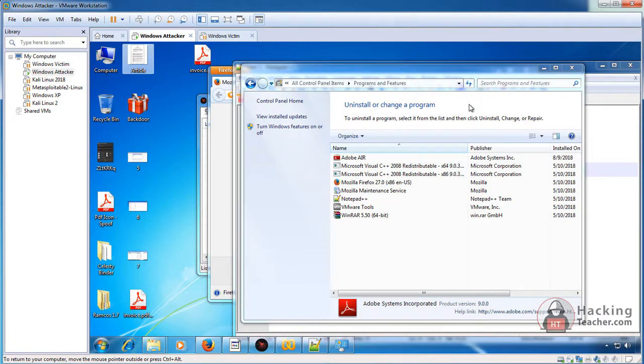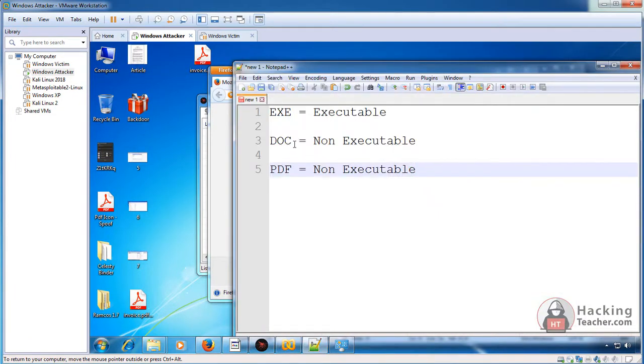It cannot open itself. That's the same case with every extension, whether it's a JPG, whether it's MP3, a music file, a video file, a PDF file, a doc file, they all need an opener. Now, I'm not saying that there is no way to make your Trojan into the form of a PDF or a doc. There is a way.